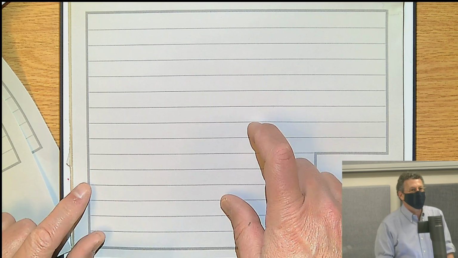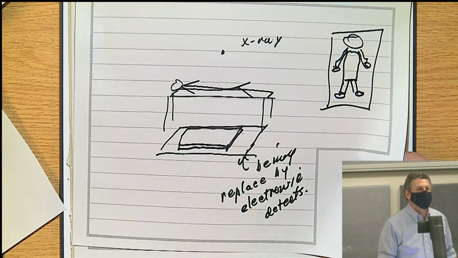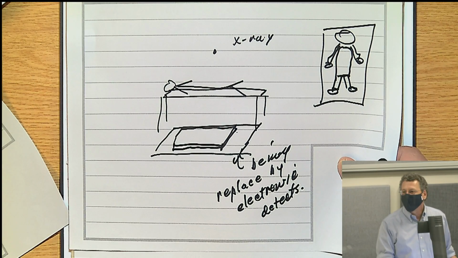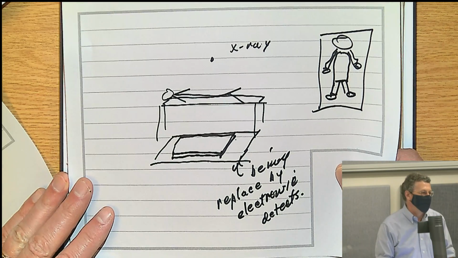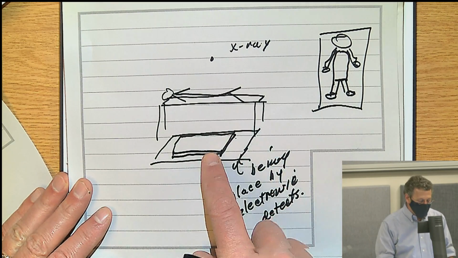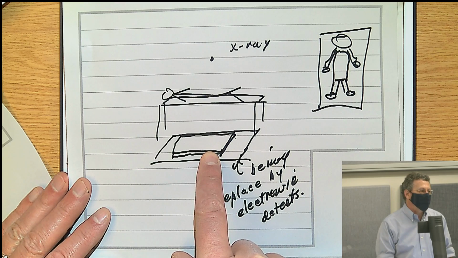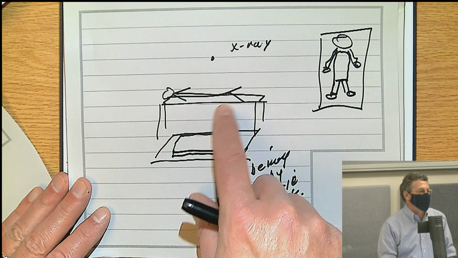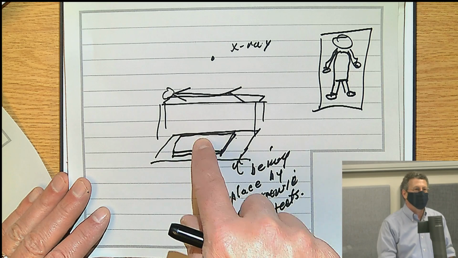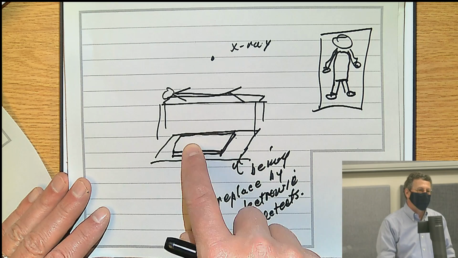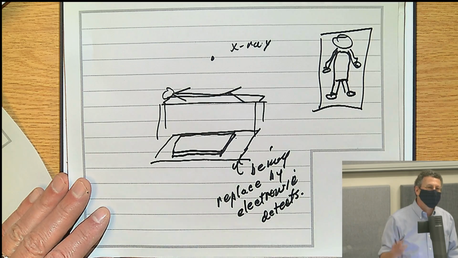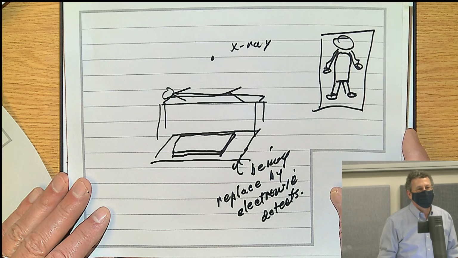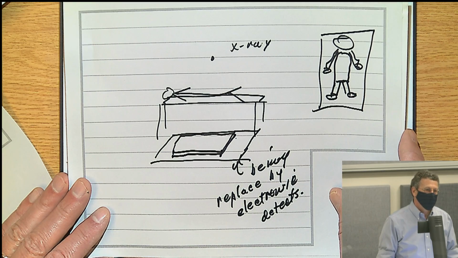So for carry-on baggage, they just get a planar X-ray like this, okay? In fact, sometimes you can see it on the screen as you're going through, and they look for things with shapes that are not good, okay? But they're not able to really do analysis of the physical properties of the materials for the things in the bag. All they could do is look for things that have an undesirable shape, okay? Now they're actually slowly replacing planar X-ray scanners in carry-on with CT.